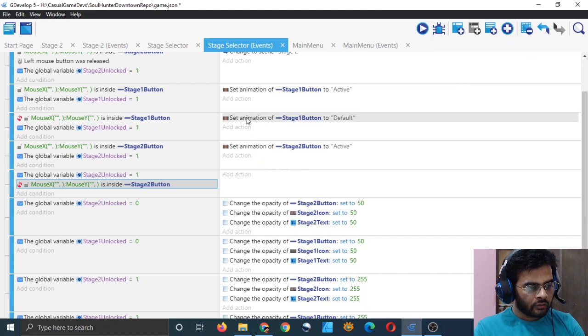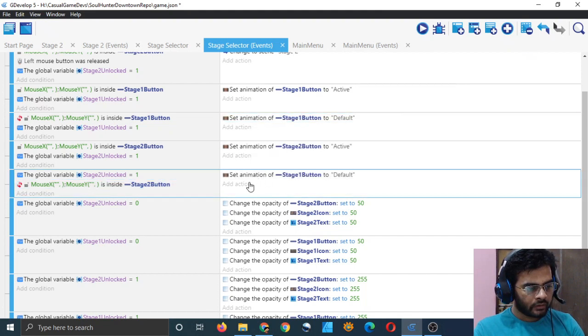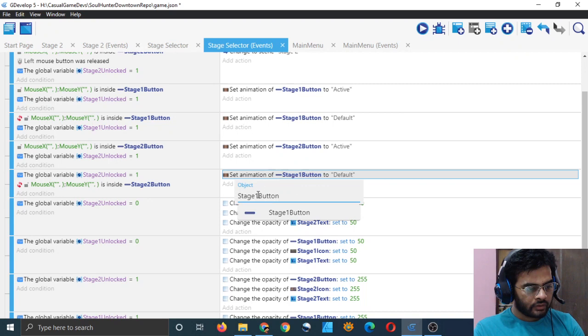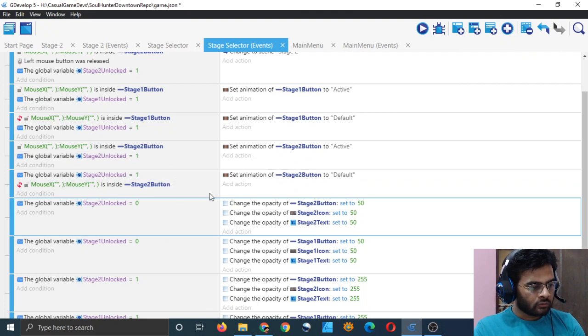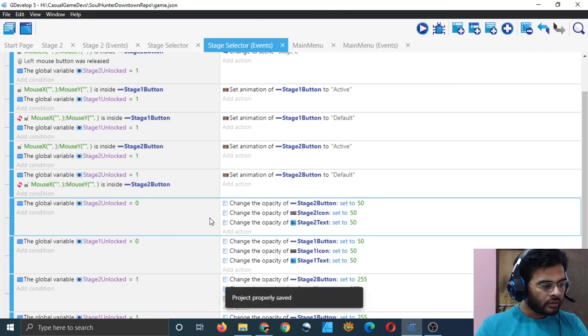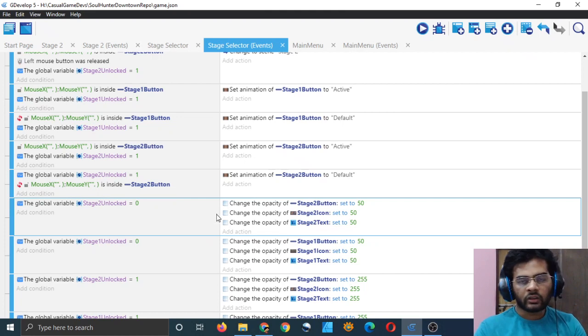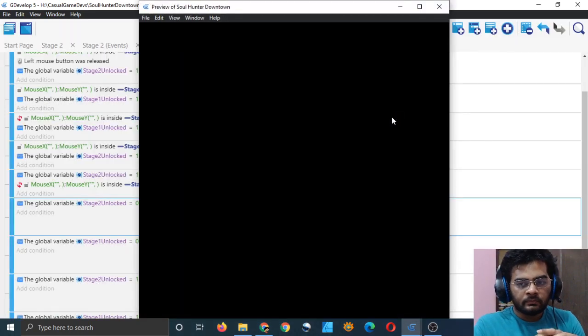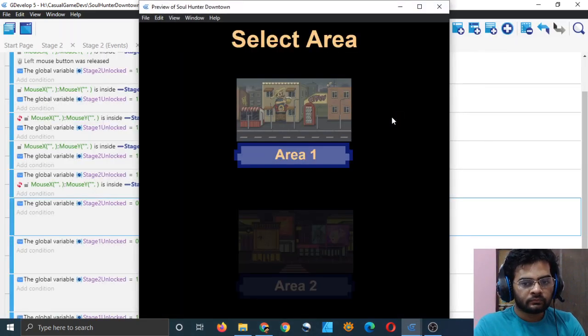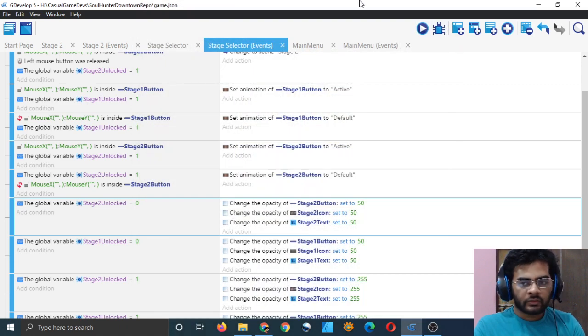And then copy this action, paste, and change stage 1 button to stage 2 button. So now it should work for both stages, but if the stage is inactive and not unlocked, then it will not work. So let's check this. So yeah, it's working. So that's good.